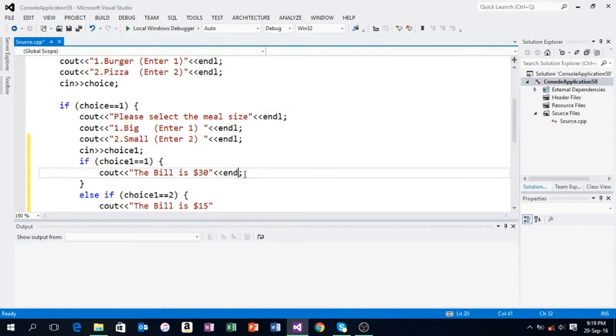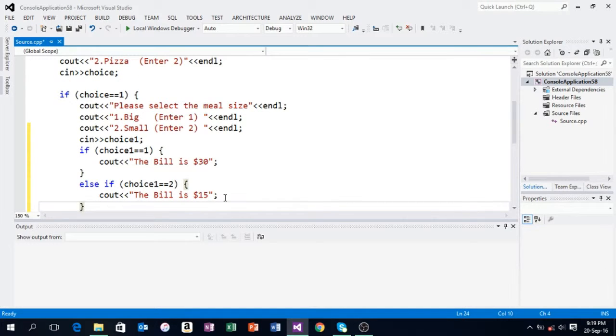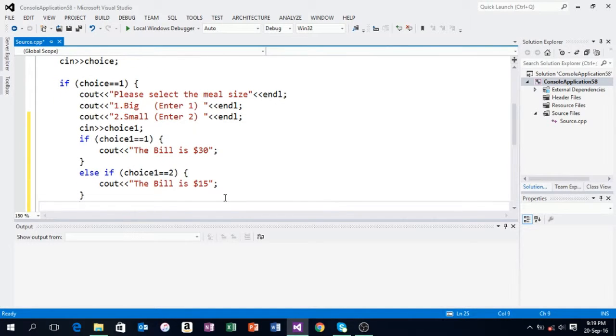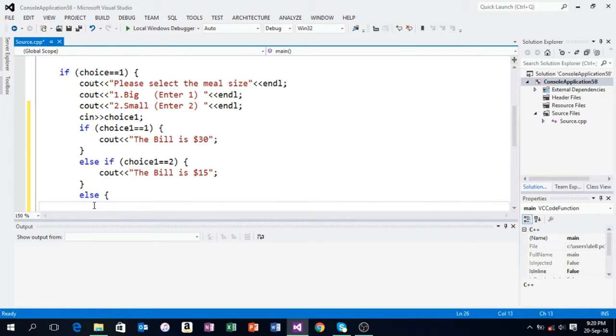Actually, we don't need endl in this one. Bracket close. In case the user enters anything other than 1 or 2, then for that we will display an error message, and we'll leave that part for the else. If neither of these two conditions is true, then it will by default display what comes in the else statement,